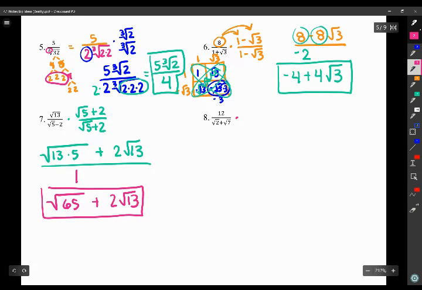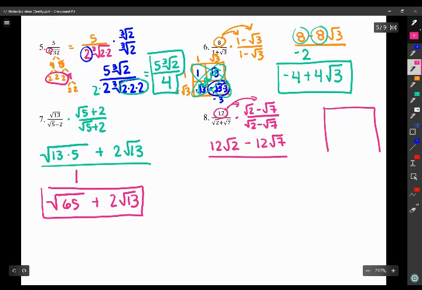Same thing here. We're going to multiply by root 2 minus root 7 because that's the conjugate. And then we're going to distribute the 12 to both pieces. So this is going to be 12 root 2 minus 12 root 7. And then on the bottom, as we do that box again,